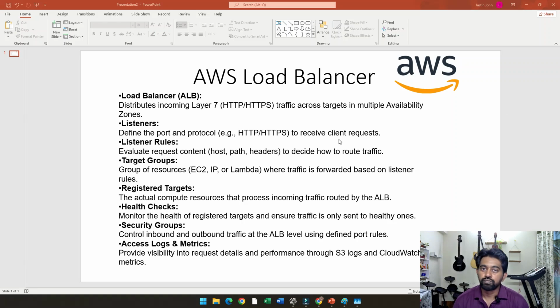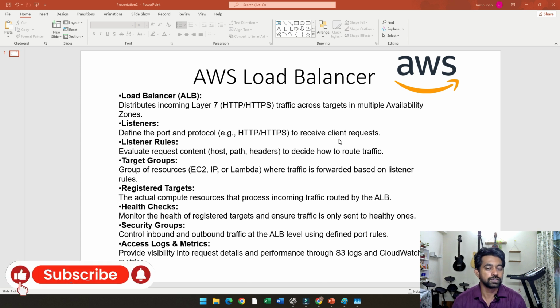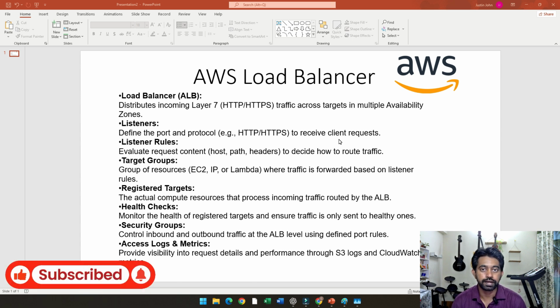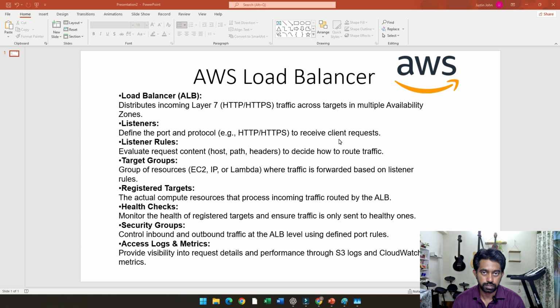All right, a very warm welcome to today's session where we are going to see what exactly is an AWS load balancer. So far we've seen many topics like what is an EC2 server. We've seen in detail about what is VPC. We've seen about internet gateway, NAT gateway, subnets, and everything. But today we're going to learn about an interesting topic which is used widely in the AWS